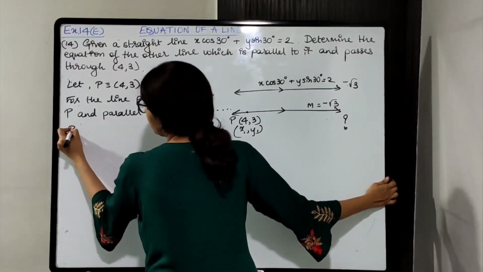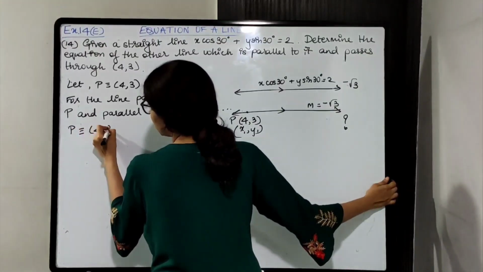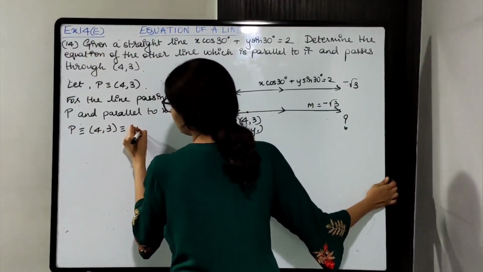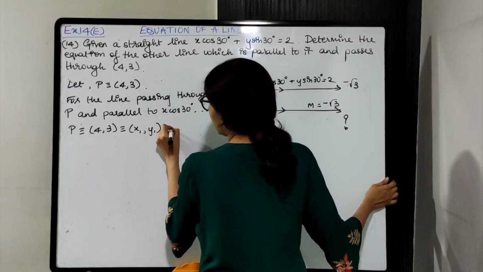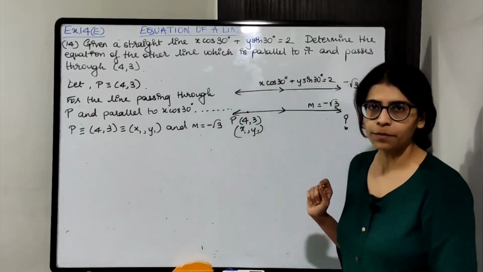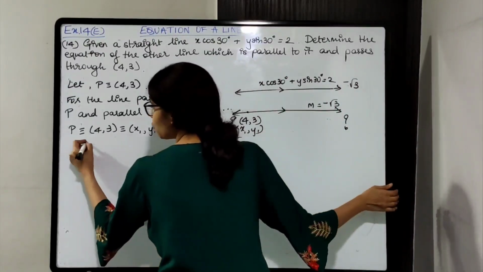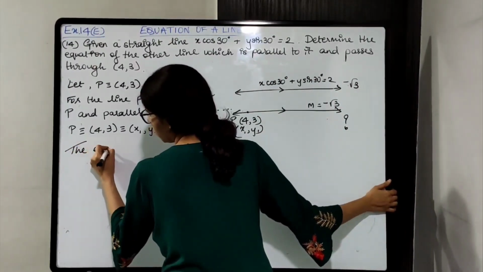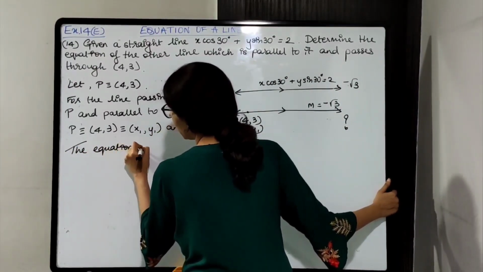We have P 4,3 which is x1 y1 and slope is -√3. Okay, so the equation of the line